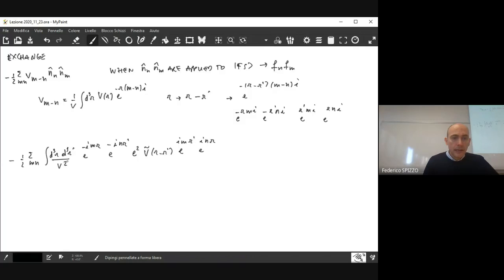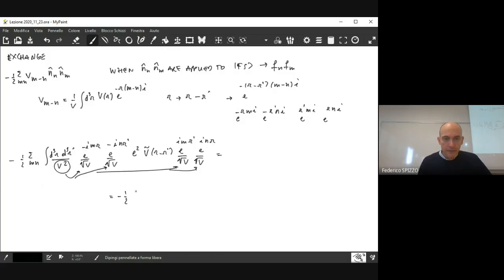Now, if you use the square of the volume to have the normalization factors for the phases, at this point you have